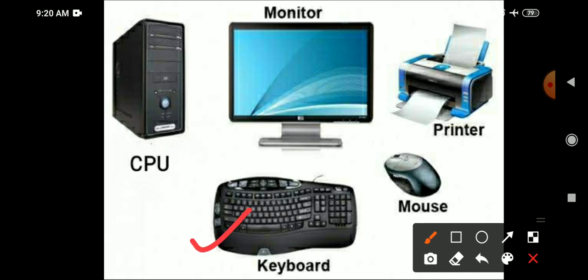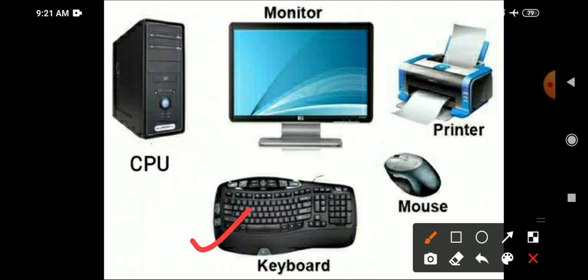A computer keyboard is an input device used to enter characters and functions into the computer system by pressing buttons or keys. It is the primary device used to enter text. A keyboard typically contains keys for individual letters, numbers, and special characters, as well as keys for specific functions.